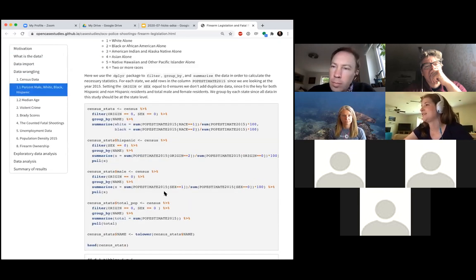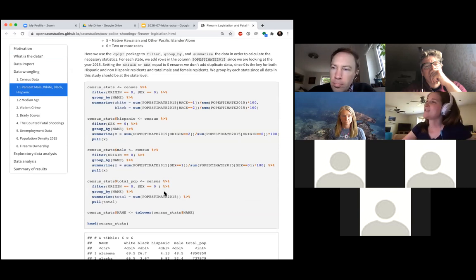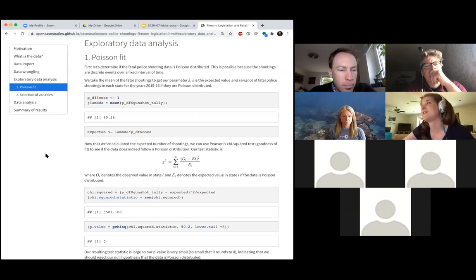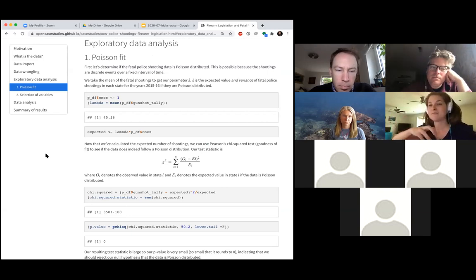Yeah, so we tried to make this modular in the sense that, for example, if you wanted to start with a clean data set, the way that works is the instructor would basically take this R Markdown and cut out the part of the lecture that they don't want to use, and they could just start with a clean data set, for example. If you just want to focus on the negative binomial aspect of it, or maybe you want to introduce more of the data wrangling aspect, or maybe you want to break it up into multiple lectures. The point being is there are a lot of